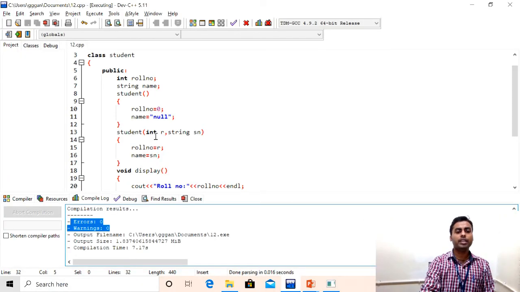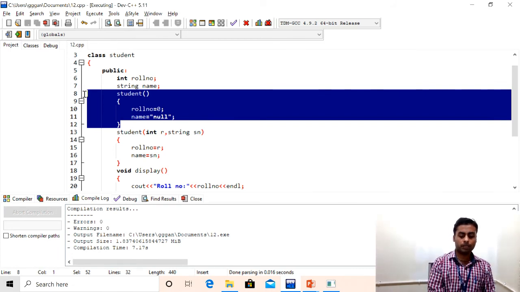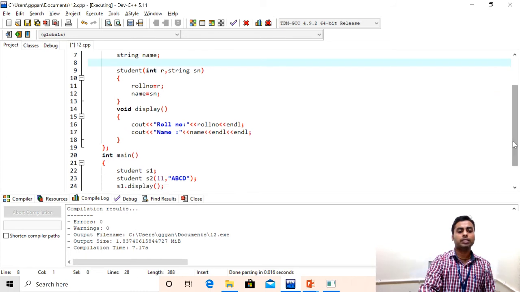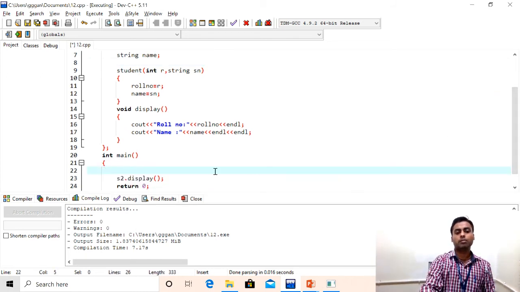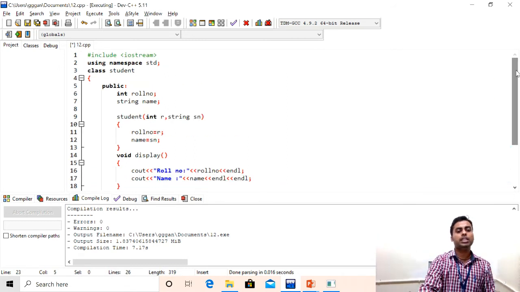Here we have already written some code, and we will simplify this program more. See, this much of the program is in front of you. I already have one student class with the variables roll number and name.